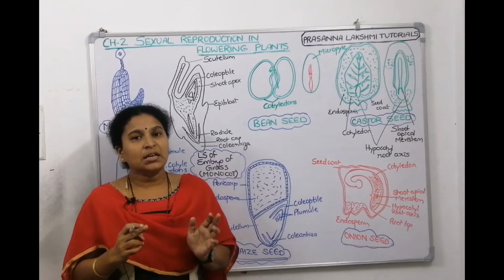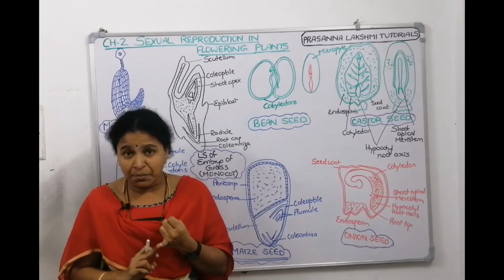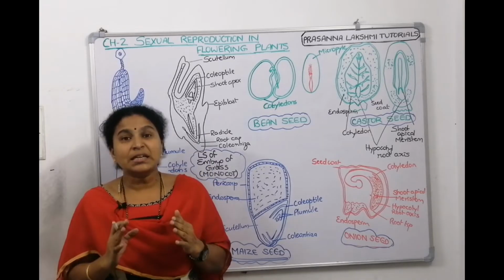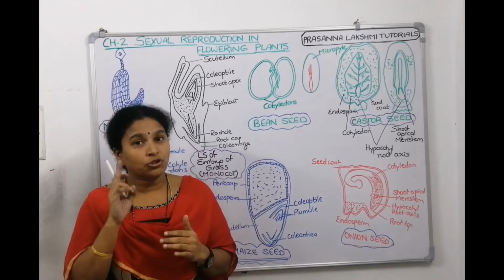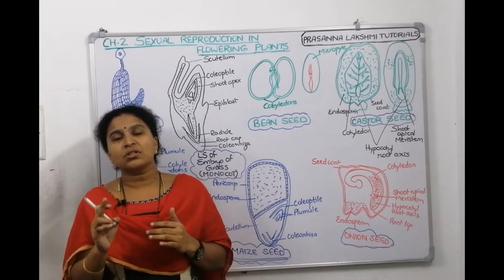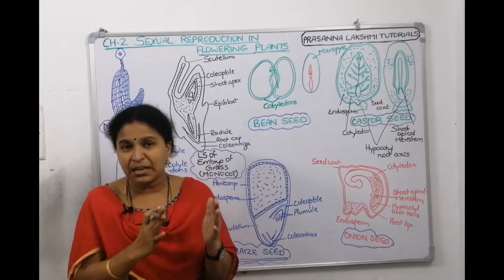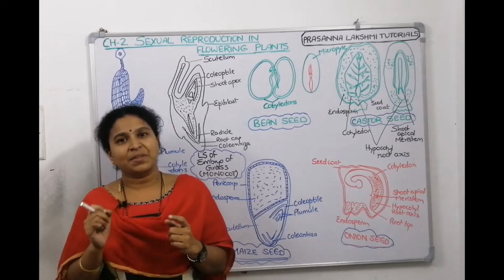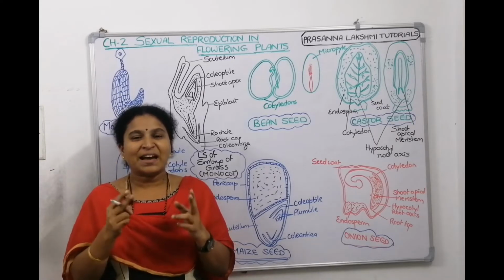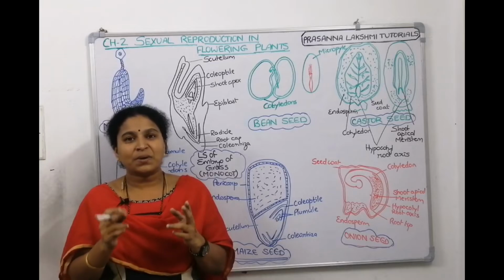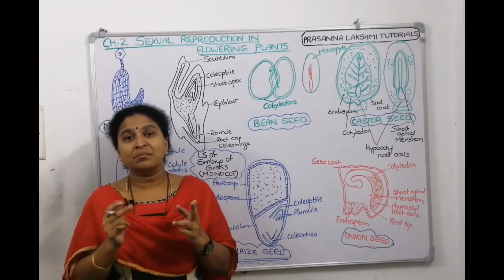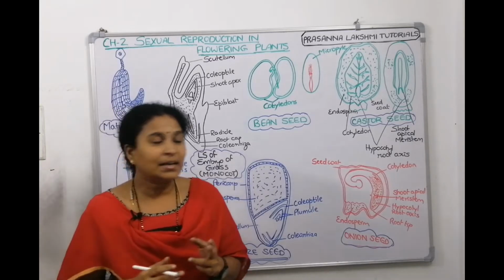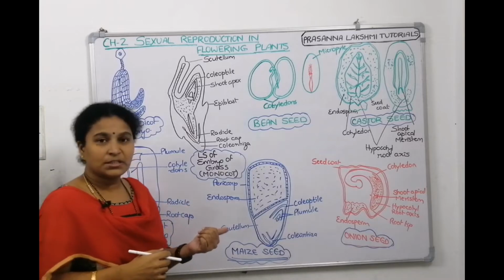Before going to the seed, since our previous sessions were on dicot embryo development and monocot embryo development, I have drawn those pictures also, because in the NEET examination there are diagram based questions. In diagram based questions, they will pick the diagram straight from NCERT and ask you the labelings. They are checking your accuracy. All of you are future doctors, and accuracy is very much required for a doctor. They might ask the labelings, or ask what the picture refers to. So let us see the pictures and then get into today's session on seed.